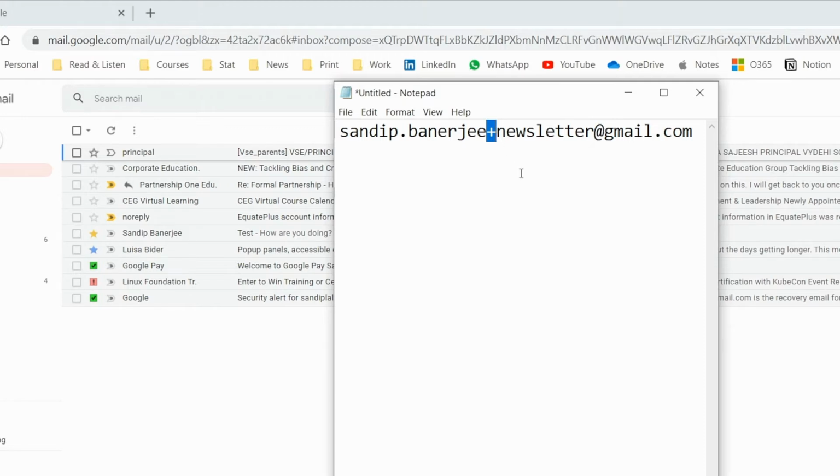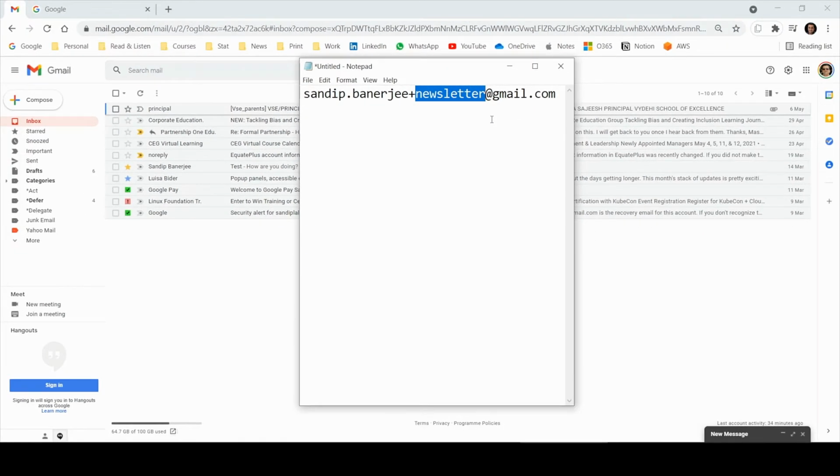So this is the way you can also track it. Whenever you are sharing your email address to subscribe to any newsletter, you can use this particular address. Or maybe you are sharing it with any other company, that also you will be able to track accordingly if you just start writing that company name after the plus sign. So this is the way it will help you to track back who is spamming you, and also you will be able to use multiple filters within Gmail to avoid those promotional messages. So hopefully this particular tip will be helpful and it will help you to keep your mailbox clean.